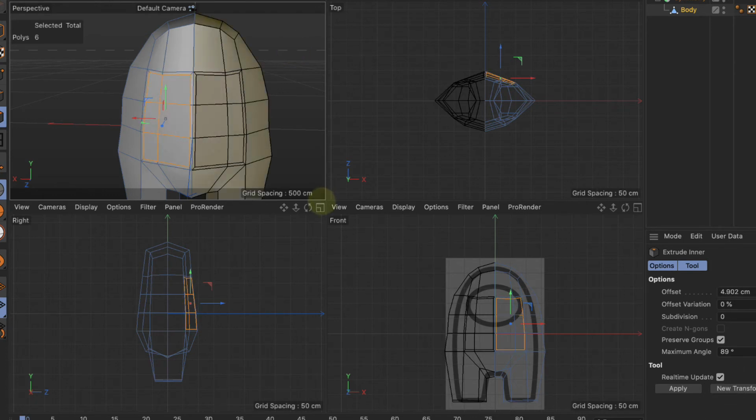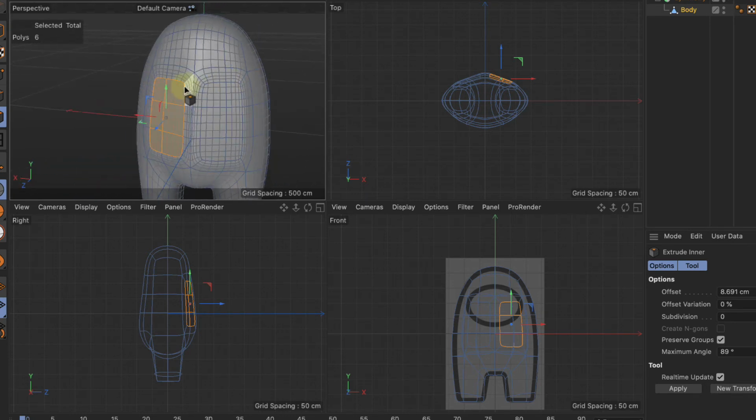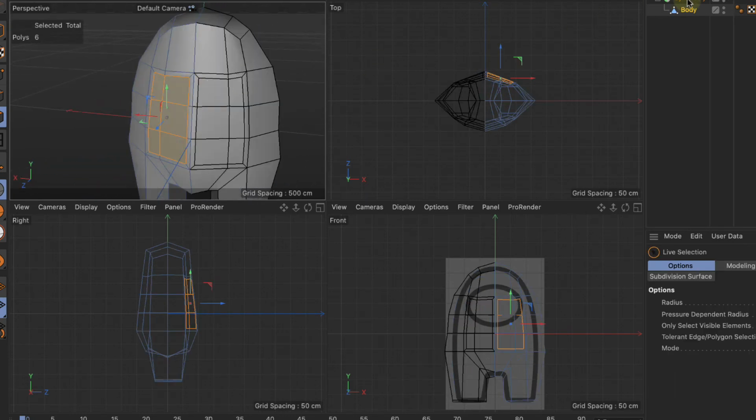Click and drag towards the left until you get to around 8.5 centimeters on the offset of your inner extrude. And that is going to make an inner extrusion of the polygons that you had selected. This is going to serve as our backpack. After doing an inner extrude, you get a loop of new polygons that got created. We want to select and delete the polygons that are right in the middle